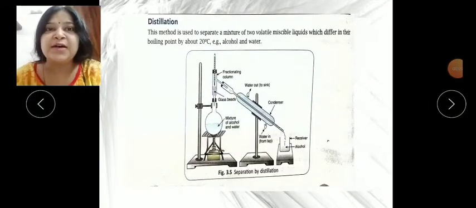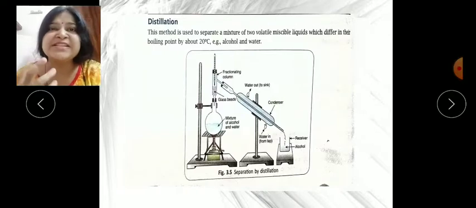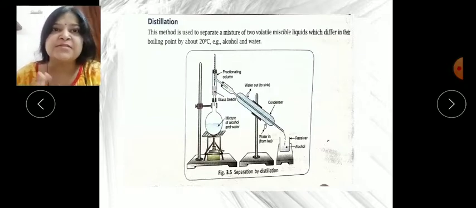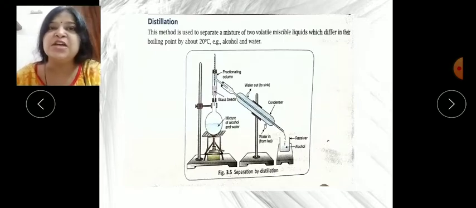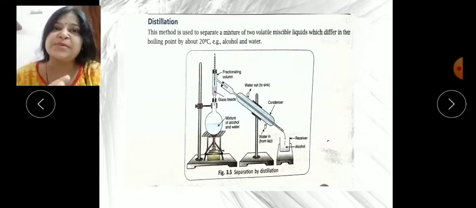Children, I told you in my last video about the purpose and the need of these separation techniques, why we are separating the substances in a mixture. The answer is, sometimes we need a useful product from a mixture, and sometimes we need to remove the unwanted product from the mixture. For that purpose we should use this separation technique.